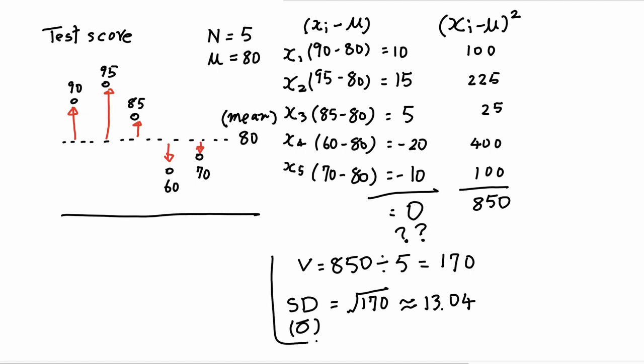Okay, I think we have everything we need to build a generalized formula. I'm going to start with the variance. If you remember, we started by taking the difference between an individual score and the mean. And the population mean can be represented by this Greek letter mu, and we squared the difference for each one of them. And then we added the squared difference n times, where the capital N is the size of the